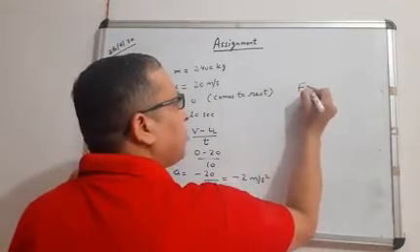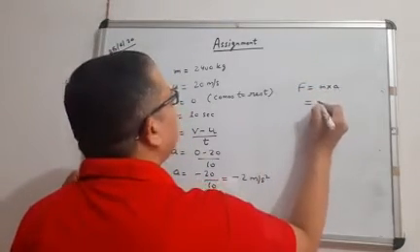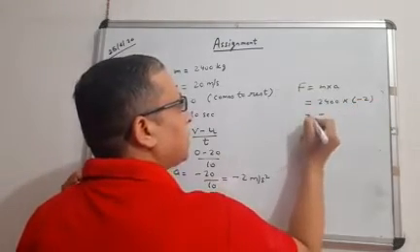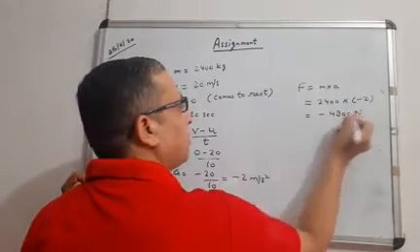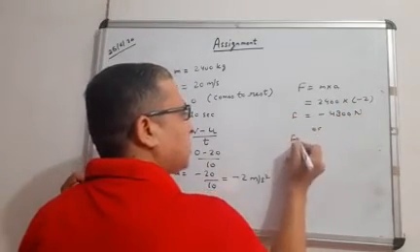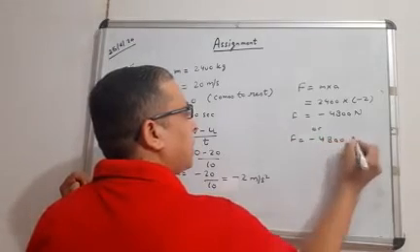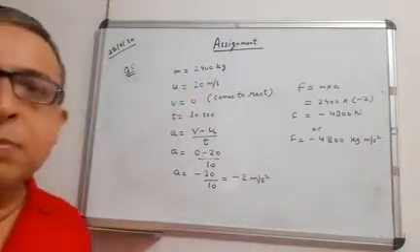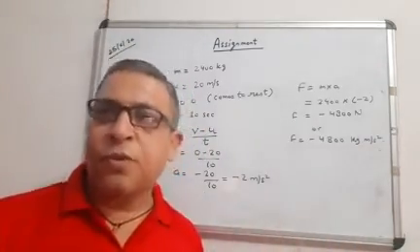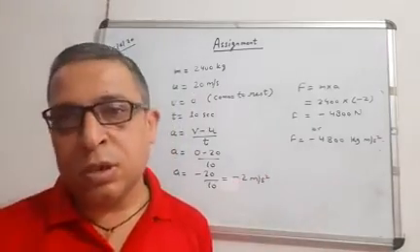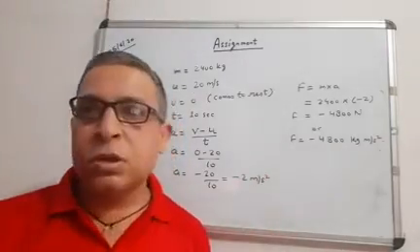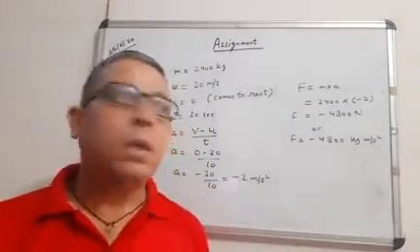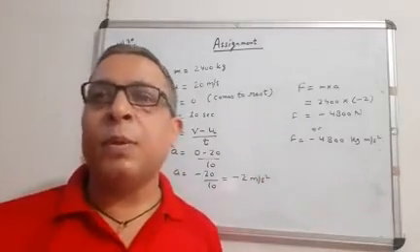Then I am finding the force, mass into acceleration. 2400 multiplied by minus 2 will give you minus 4800 Newton or minus 4800 kilogram meter per second square. You should remember that retardation and retarding force will be negative values, while acceleration and force will be positive value. If v is 0, then A will be negative. If u is 0, then A will be positive and F will be positive.